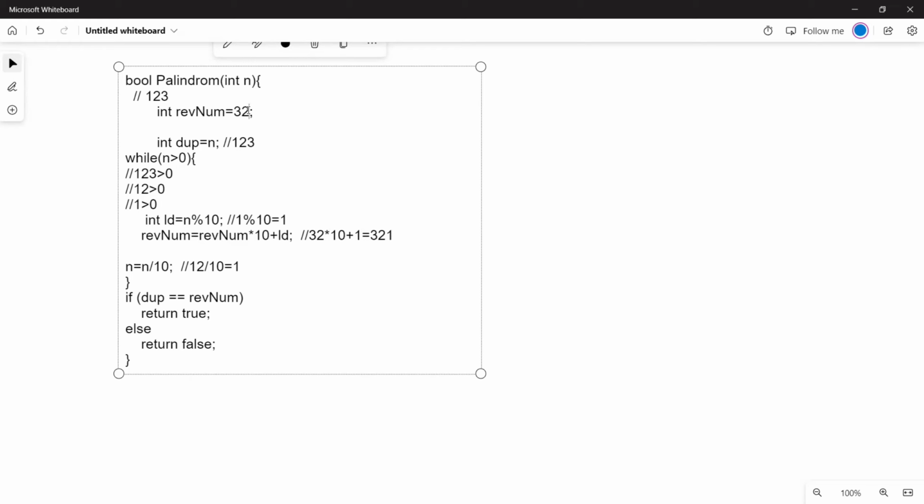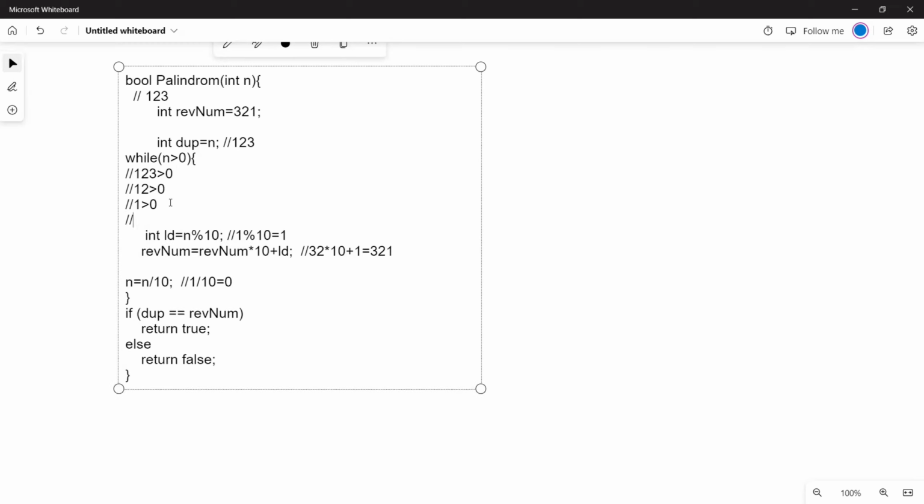So we update the value, and reverse num becomes 321. And we again trim down the number. 1 divided by 10, we get 0. Again we check the condition because we are inside the loop. Is 0 greater than 0? No, false. So we break the while loop.